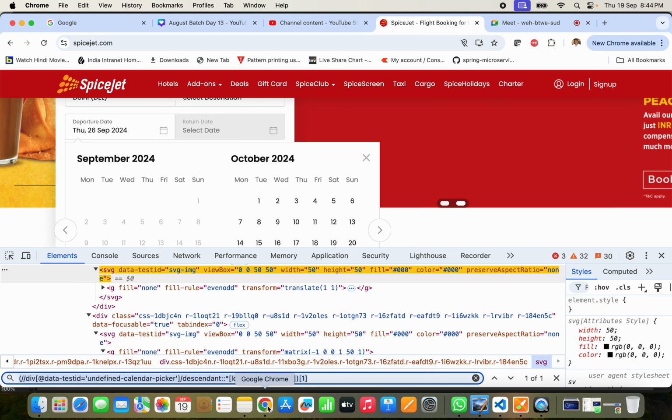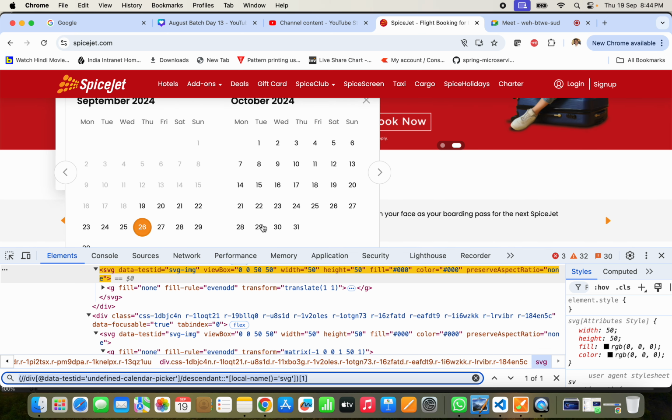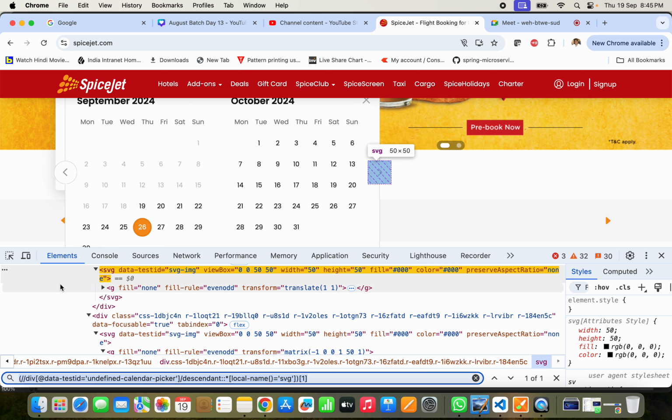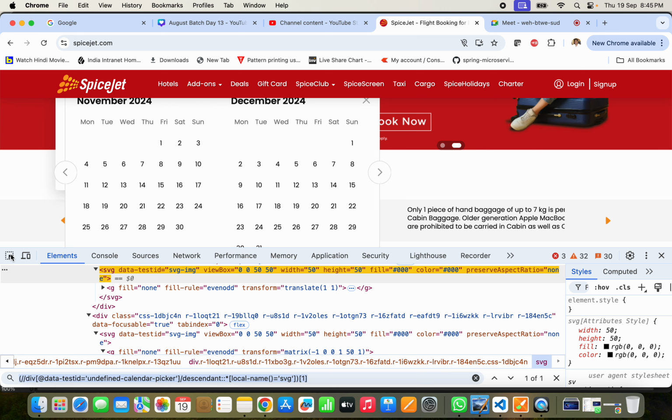Now once the December is displayed, then what we have to do? We have to select 25th. Let's say this one. So December 25th, right? So this is my 25th of December. So div 25th should be displayed or clicked. So what we can do, we can directly put div text equal to